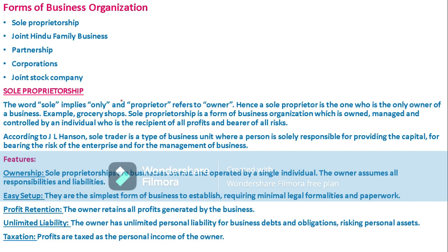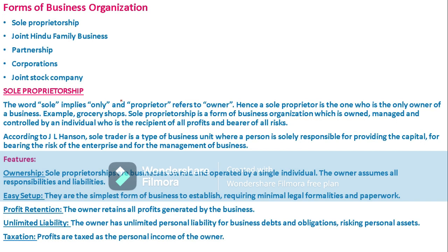Okay, so anything he can go, he has to choose depending upon the situation. Okay, see, a sole proprietorship is a popular form of business organization, and it is the most seen and suitable form for small businesses. It means that sole proprietorship is suitable for small businesses, especially in their initial years of operation, the beginning stage, startups. Like this type of business, sole proprietorship, will be very suitable.